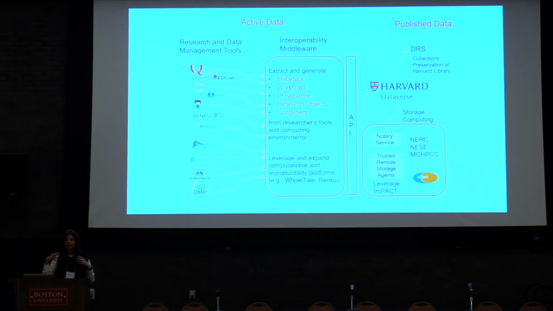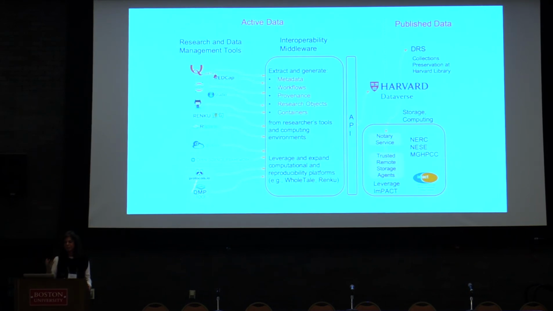So there might be Jupyter notebooks. We'll hear from Rory about RSpace as electronic lab notebooks used in the lab, right, and to track the data. And so might be researchers using RStudio, researchers using GitHub for the code. And then what we want to do is bring snapshots of that research into a repository, in this case, the Harvard Dataverse repository, so that we're tracking what's happening during the research